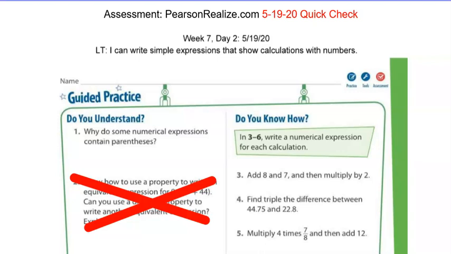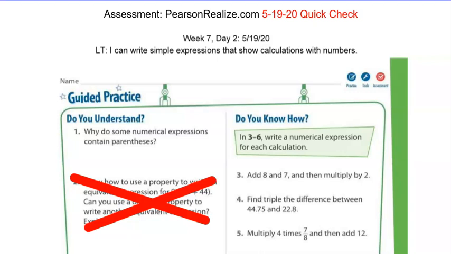Hi ladies, it is week 7, day 2, May 19th, and today we are on pages 49 and 50 in your packet. Our learning target for today is I can write simple expressions that show calculations with numbers. So basically what that means is we're going to be reading through the written form of an expression and creating